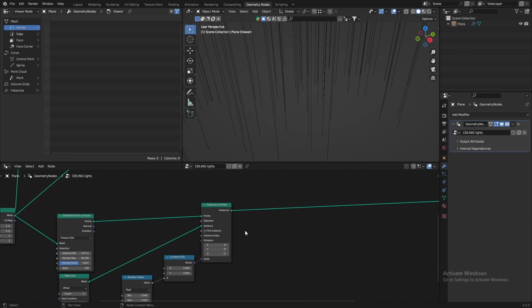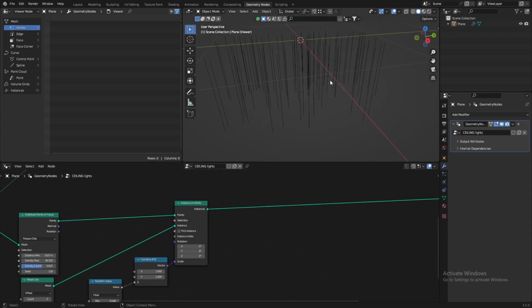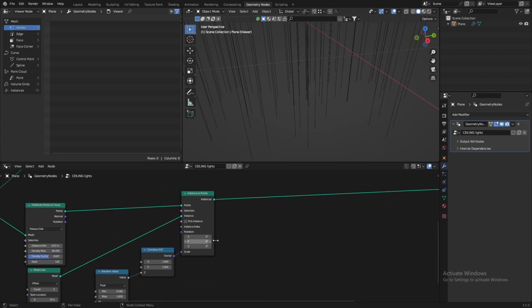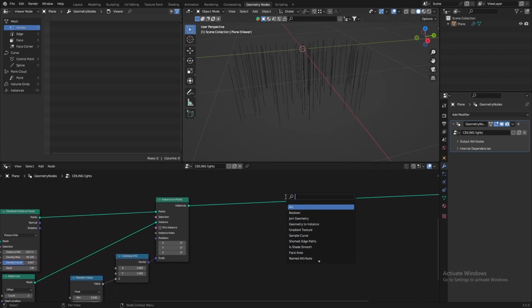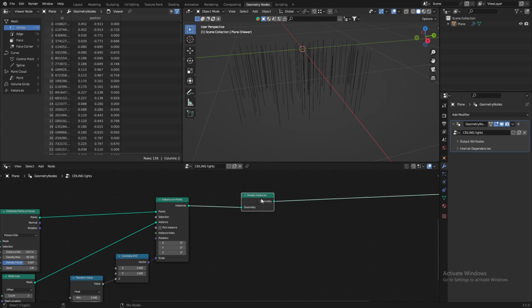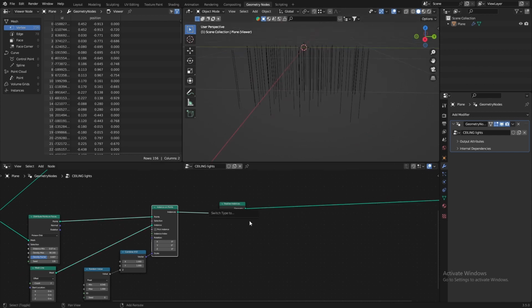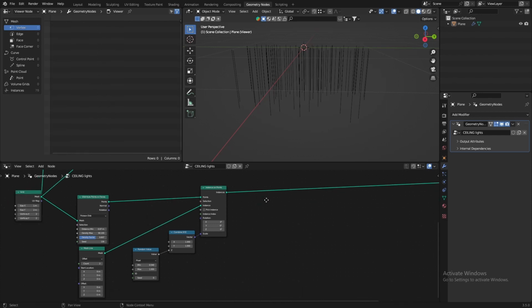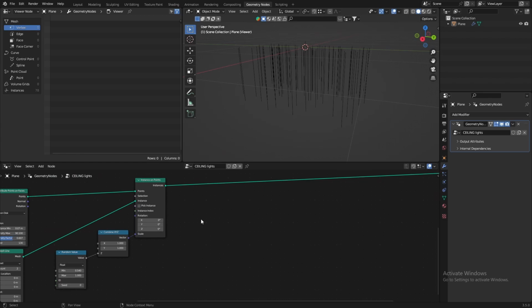How we are going to do that, let's check it out afterwards. Let's add some geometry here. Instances on points. So what we need is realize instances. So now, if I guess, no, we do not need this actually. Mm, what we can do is